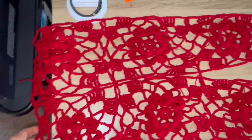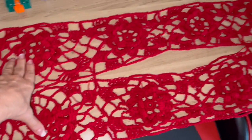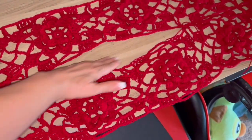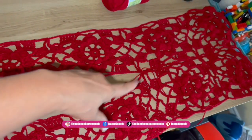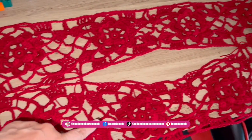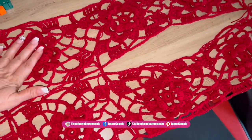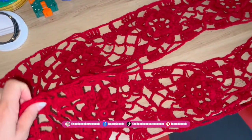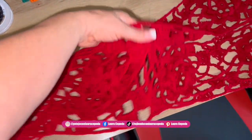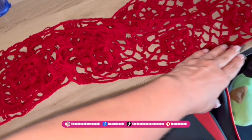Well, at the end I followed the same technique. I finished the two strips with 6 grannies. If you want, probably to join the shoulders, you can sew them, so don't complicate too much. Here, as you could see, I leave the space for the neck too, so I join 2 for the shoulders. So if you fold it, will be one part for the front and one part for the back, and both